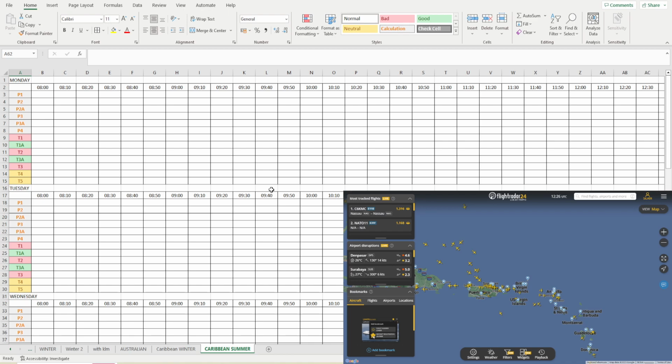For example, my UK airport is based mainly around Manchester, but to get the variety I wanted in there, I've sprinkled on a bit of the Heathrow and Edinburgh flight times, and a little bit of Gatwick as well, because Gatwick has some quite interesting movements like Wizz Air, Baltic, etc. I wanted to add those in, and they all come in at the same time that the airport schedule says. So it adds a little element of realism, and